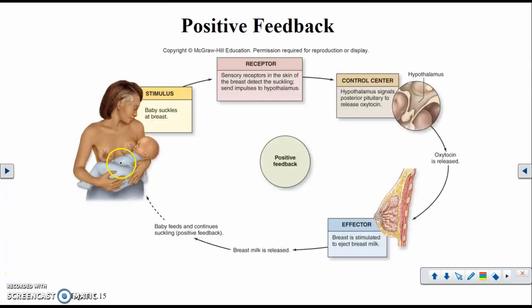The other example is called a positive feedback loop. Positive feedback means that if you go left, you keep going further left. The suckling of breast milk is a positive feedback loop. As more milk is suckled, more milk is